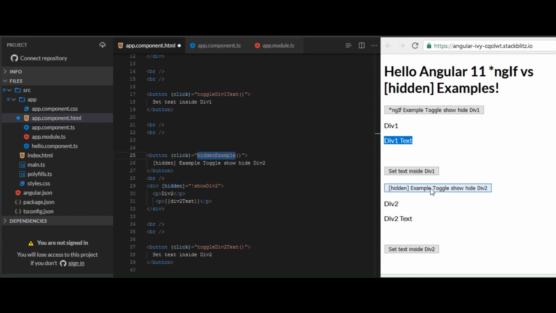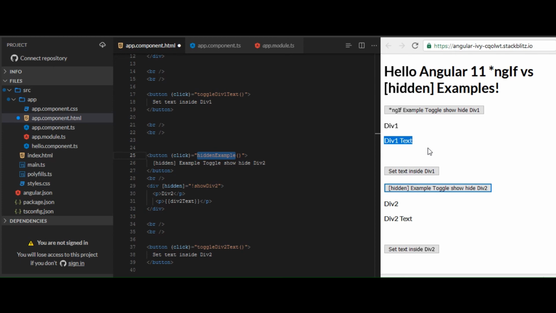So the moral of the story is that Angular 11 comes with ngIf and hidden with the same functionality. The one thing happening behind the scenes is that ngIf is not rendering the particular control inside the DOM.